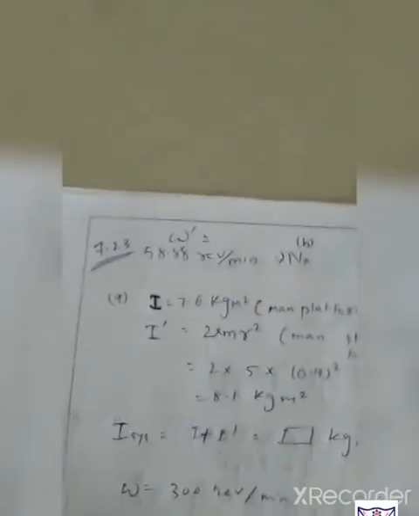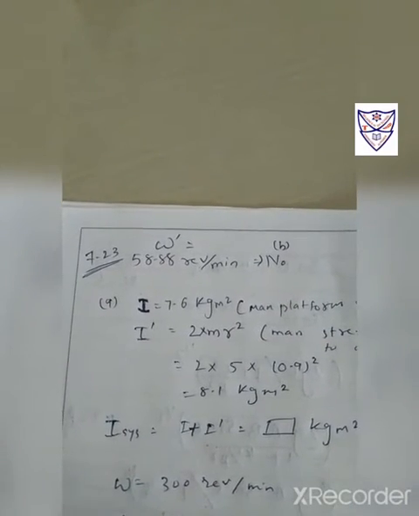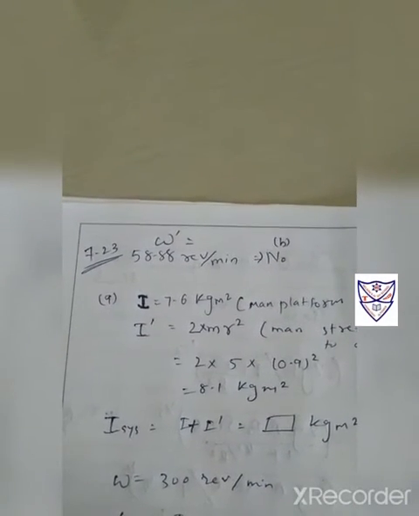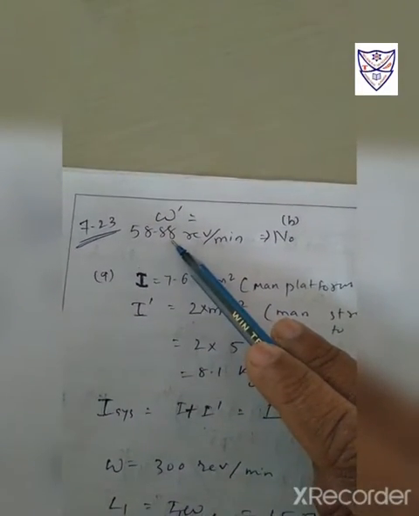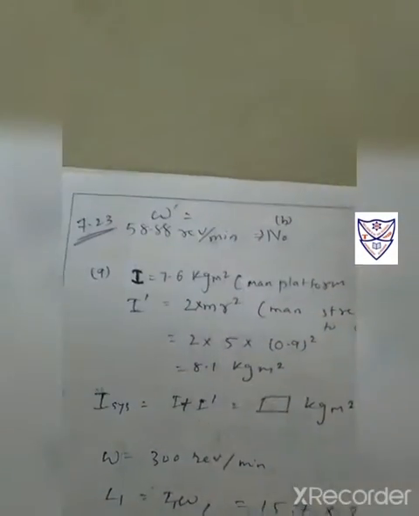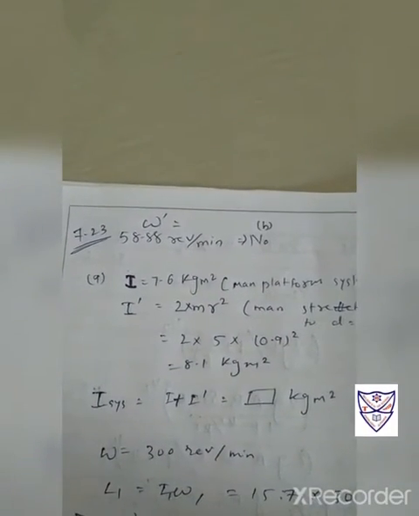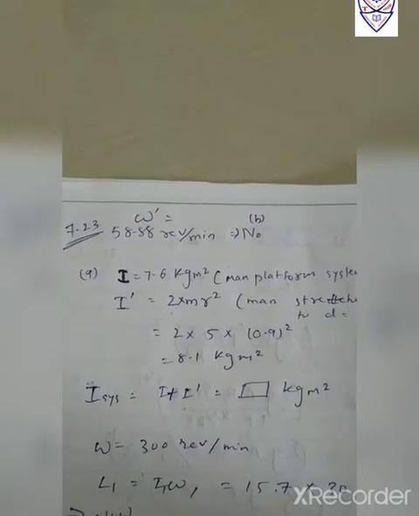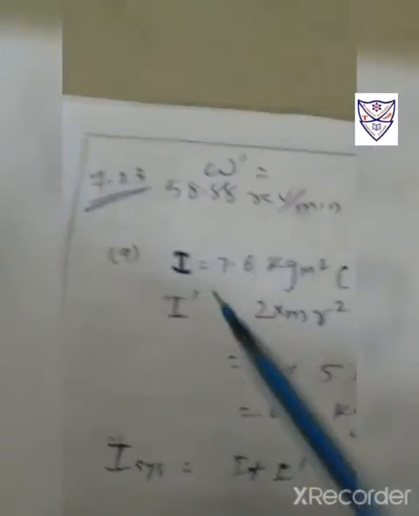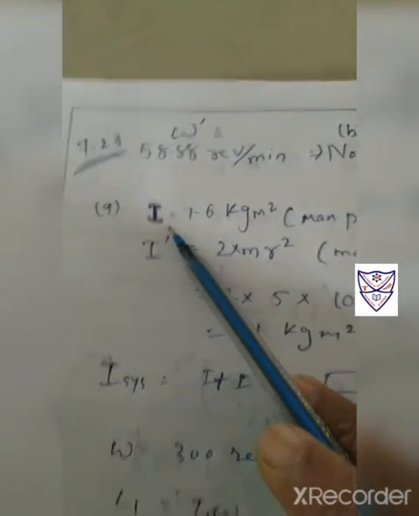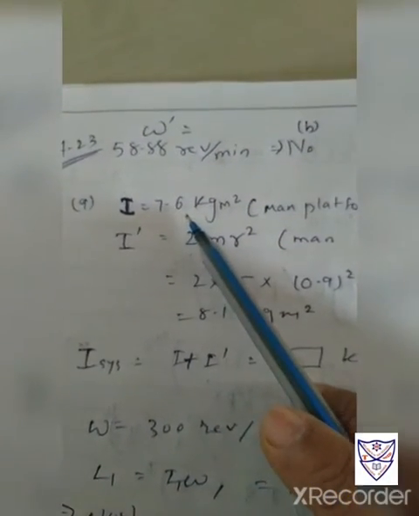Now see the next sum, 23. That is an additional sum, but let us just try whether it's easy or not. Omega dash is given to you as 58.88 rotations per minute. Here, according to the condition of the question, the first one will be a no because of the given condition. Okay, easy. So now they have given you the value of I, that is 7.6